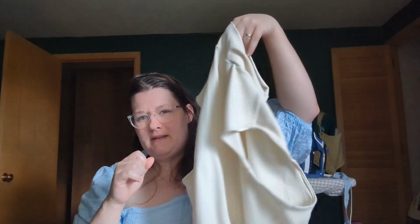I thought I was going to be able to make the Bridgerton dress part 2, but I ran out of time. I frankly just don't have the time. And I also want to make a couple more essentials. Like I just made, they had this ribbed, athletic fabric. It almost feels like swimsuit material. I don't know if it is or not, but this very cream